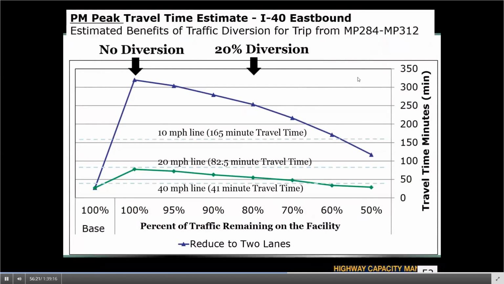And so from this type of analysis, it was evident that in order to get the average travel speed on the facility around 10 miles per hour, the target would require about a 40% diversion of traffic, and to get to an average speed of 20 miles per hour, we would be looking at over 50% traffic diversion on a major freeway that carries 110,000 ADT, which was deemed to be not a realistic goal and not a realistic target, because frankly the surrounding road network cannot really support that level of diversion, nor was it expected that drivers would